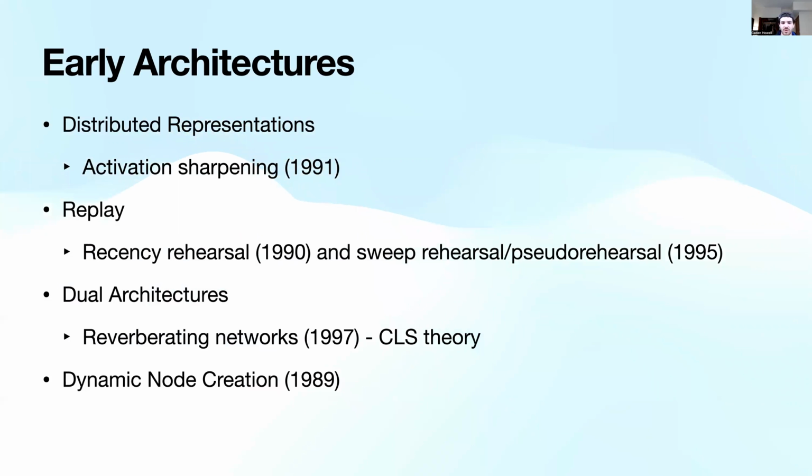And then there's this idea of pseudo rehearsal, which was developed in 1995. At this stage, it was simply that you feed binary noise, a random binary vector, into your model, you get an output, and then you want the outputs to stay the same when you feed that noise into your newly trained model. So you can use that to kind of force the representation to stay in.